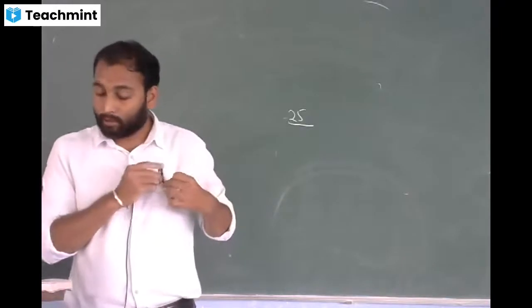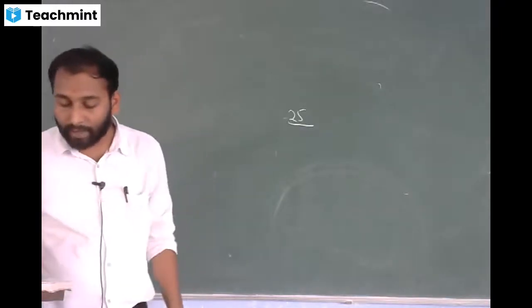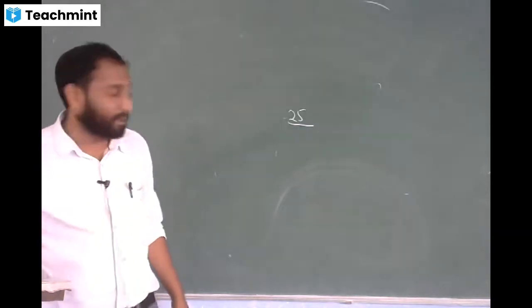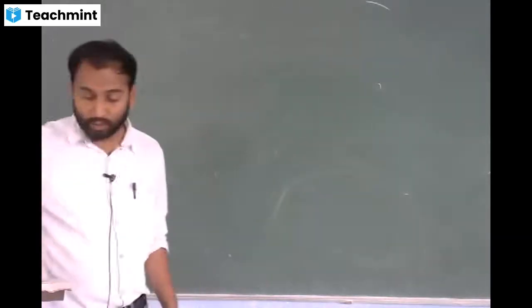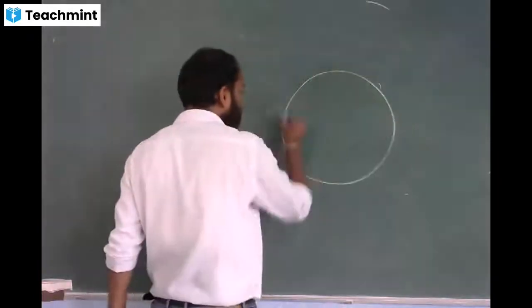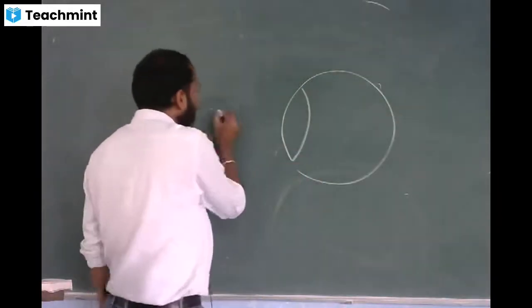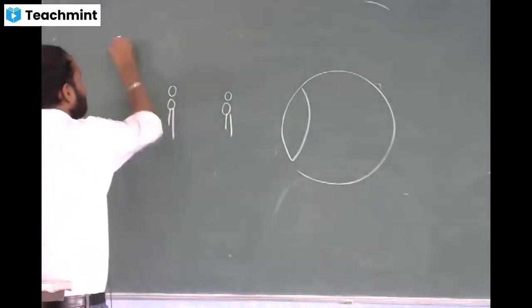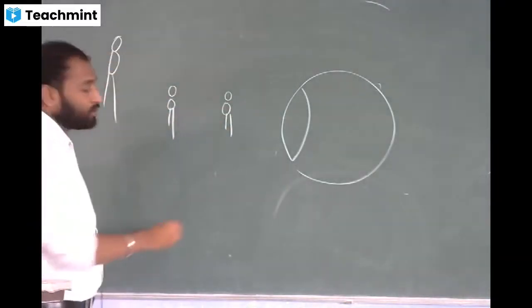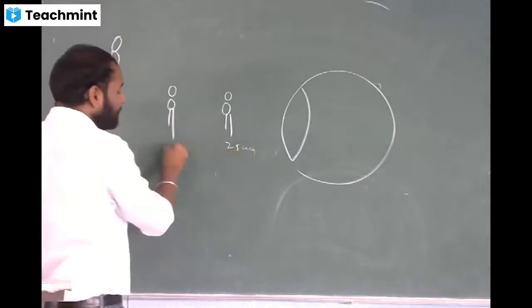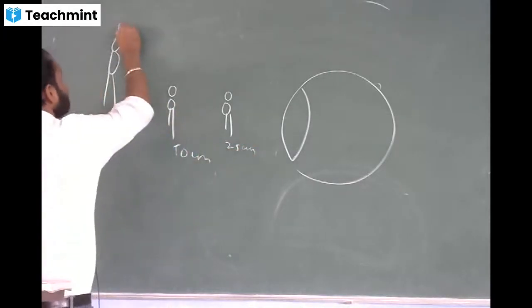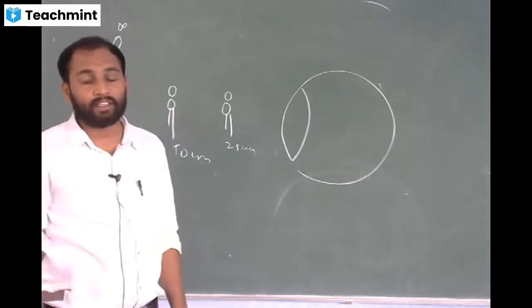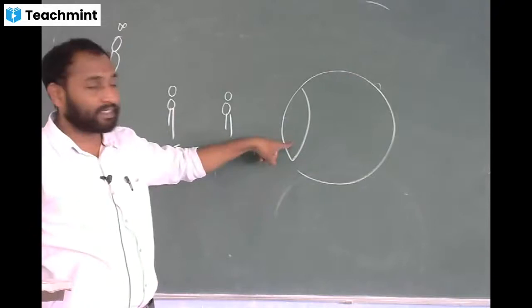Okay, next question. What happens to the image distance in the eye when we increase the distance of an object from the eye? This is a very good question. So this is our eye. First case, the object is here, second case the object is here, third case the object is somewhere here. In the first case I will take 25 centimeter, this is 50 centimeter, this is somewhere infinity. So the question is, what happens to the image distance inside the eye?